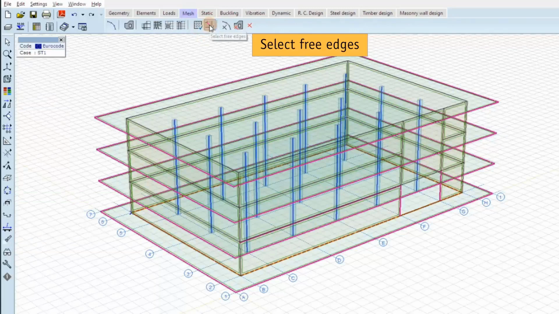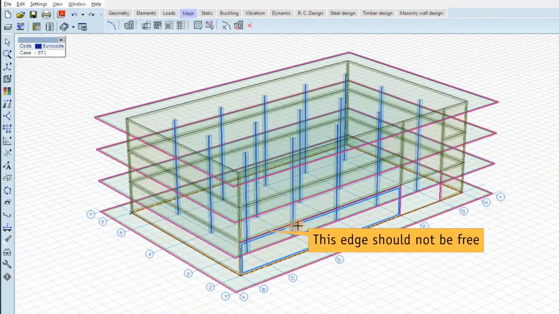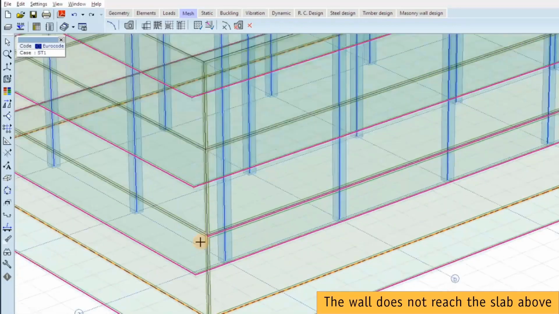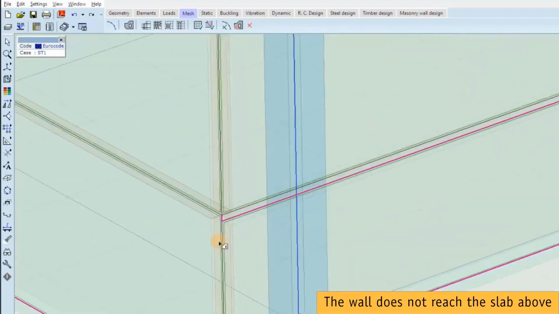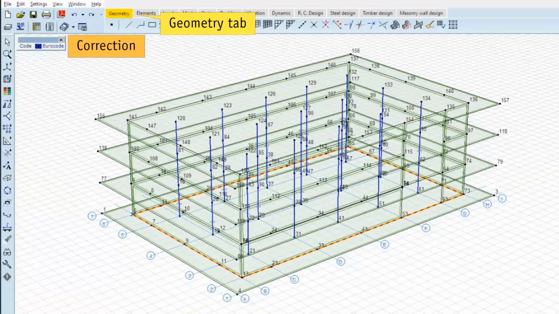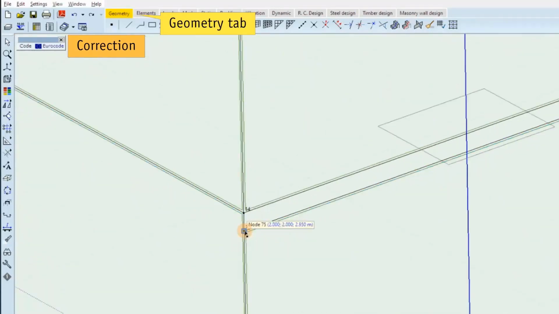We could have made this check before. So we can select free edges. This edge is free, it's okay, but the other one should not be free. It's at the intersection of the wall and the slab, and the wall does not reach the slab above. You can see it only if you zoom in. That's the problem. So we have to correct it, go back to the geometry tab, move the node to the